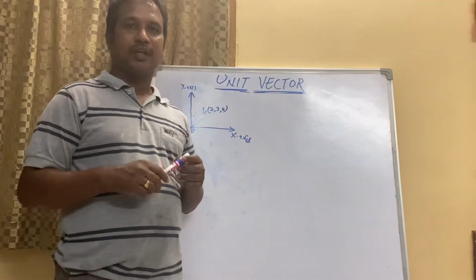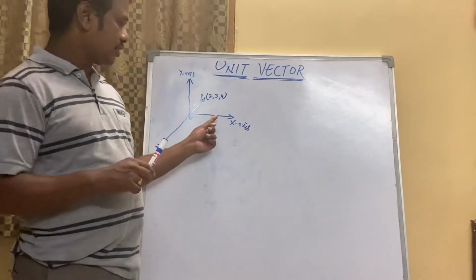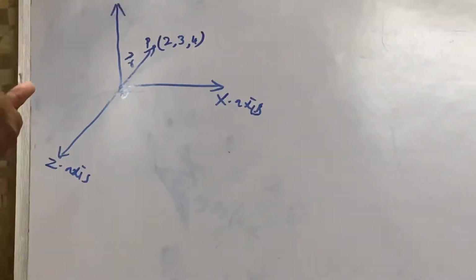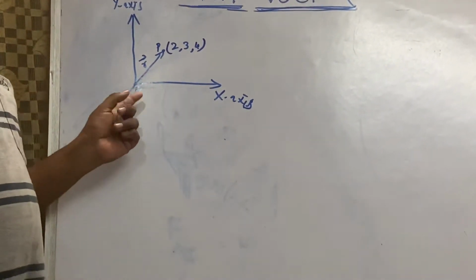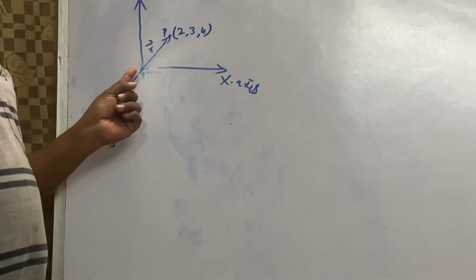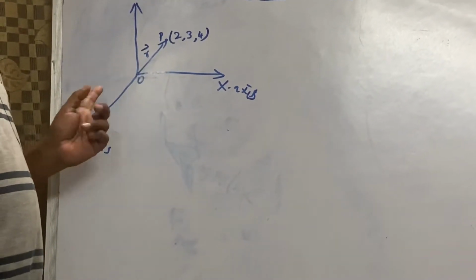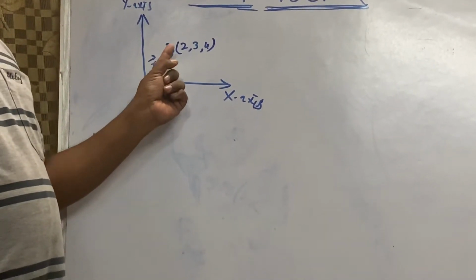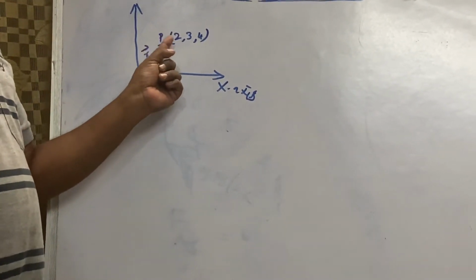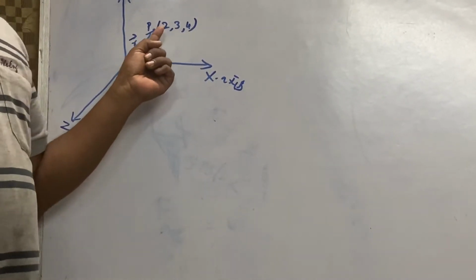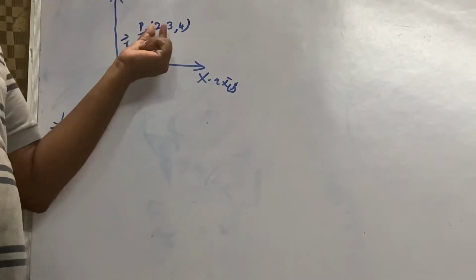Before that, let us assume that there are three coordinate axes: x-axis, y-axis and z-axis. Where they meet is called the origin. So O is the origin where the three coordinate axes meet. Let us take a particle P, and I am writing 2, 3, 4. So what is meant by 2, 3, 4? 2, 3, 4 are the coordinates